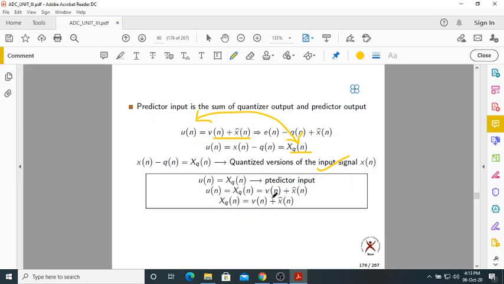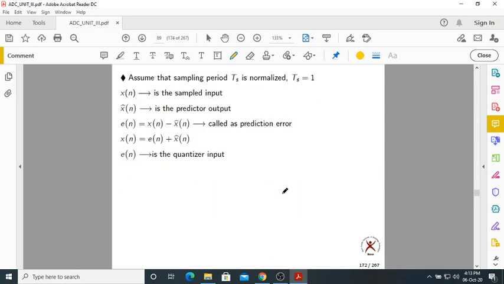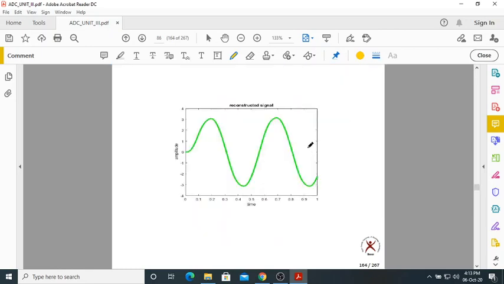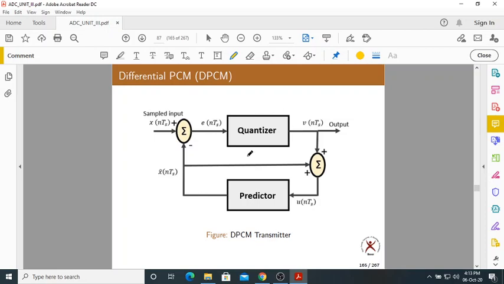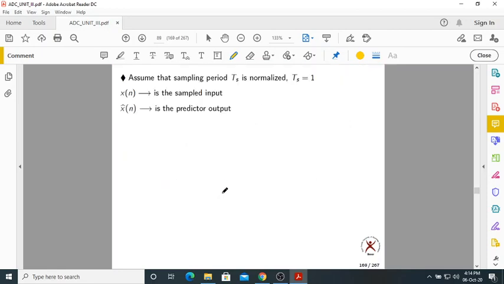So I am writing all the possible combinations. You must remember all these combinations. They are very, very important, so we will make use of them in the coming topics. Take a piece of paper and try to write by looking at this diagram, and you will get to know all those things. It's not a big deal. If you don't write on paper, you will get confused. It's very simple, it is not that hard.